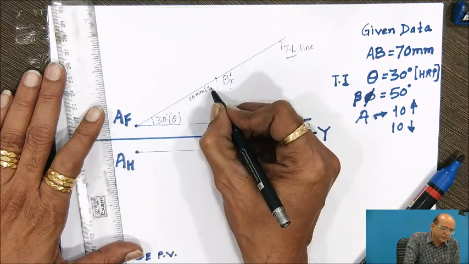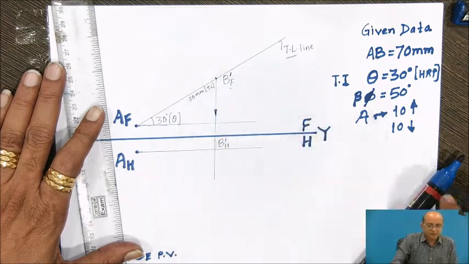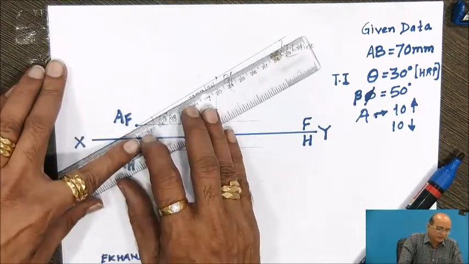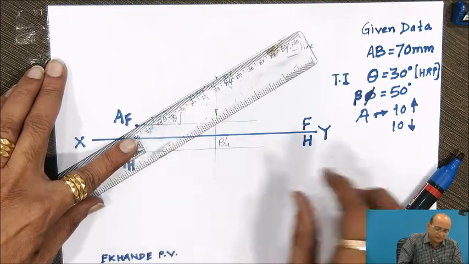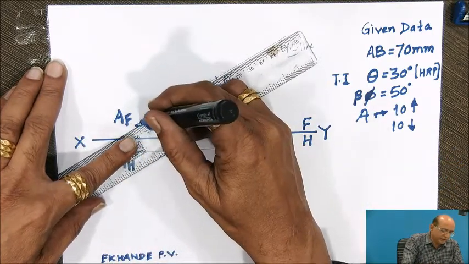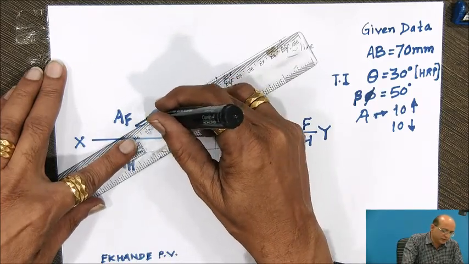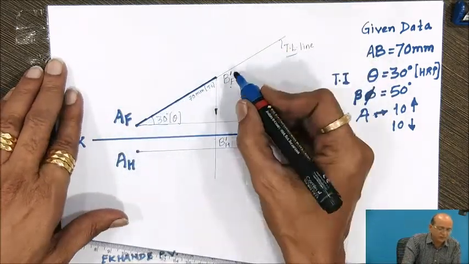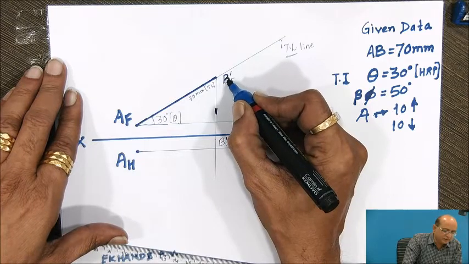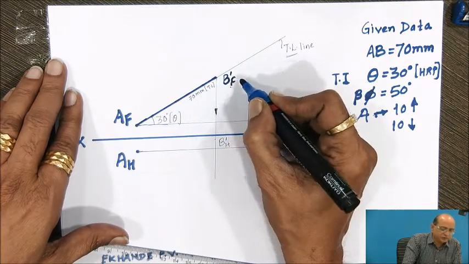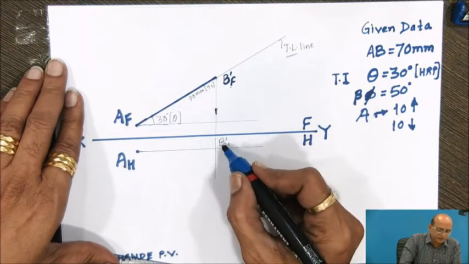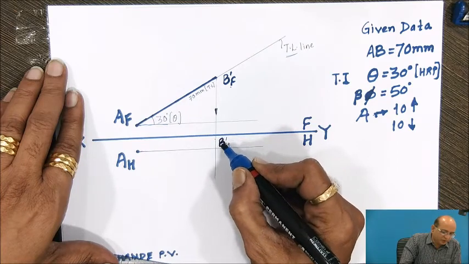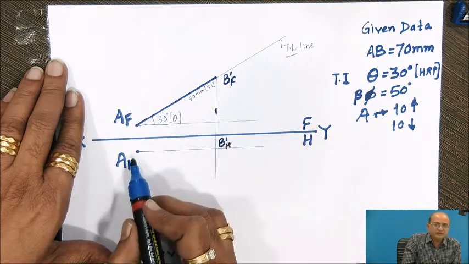This line which shows the true length has got the parallelity in the adjacent view. That concept is already known to us. When the line is parallel in one of the views, it will indicate the true length in the adjacent view. Or in the other way, when the true length line is available in one view, the other will indicate its parallelity in the adjacent view. So B dash F, which is projected over here, gives the B dash H. This is the point obtained on the line parallel drawn from this AH.